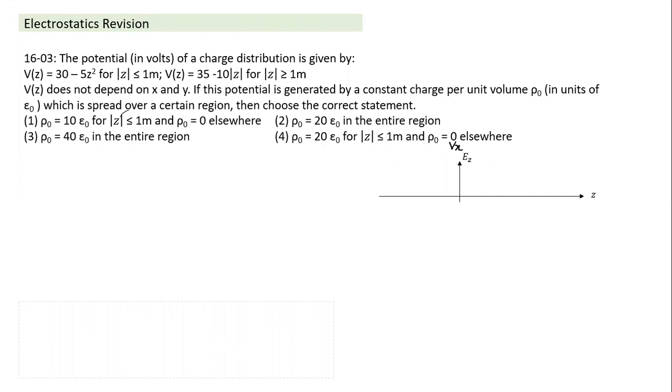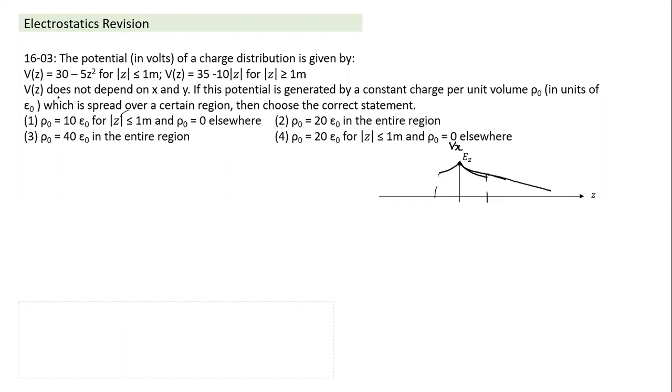30 minus 5z squared, and that becomes 30. So something like this. So where is it maximum? It is maximum at z equal to 0, and it decreases in parabolic fashion. Something like this. This is how the potential is. In both directions up to z equal to 1, and afterwards it varies in a linear fashion. Afterwards the slope becomes constant. So from here to here, parabolic shape, and then from here it becomes linear. I've drawn one side; the other side is a mirror image. Okay, so it is a mod function, the other side is the mirror. So this is how the potential is varying.